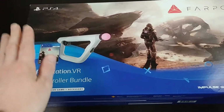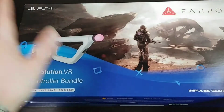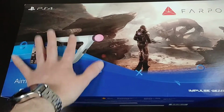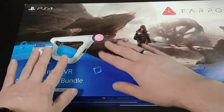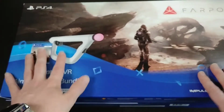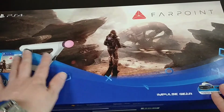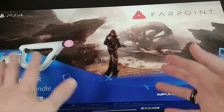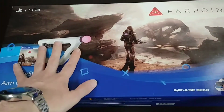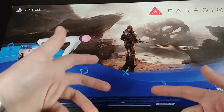But the cool thing is that the developer helped Sony develop a new peripheral for the PlayStation VR. So they helped develop this gun controller. It's not just like a shell or anything like that. You don't put a Move controller in it or anything, but it has some of the same components built into it. But it also has basically full controller functionality. It's basically like a whole other controller in itself that they helped design specifically for first-person shooter